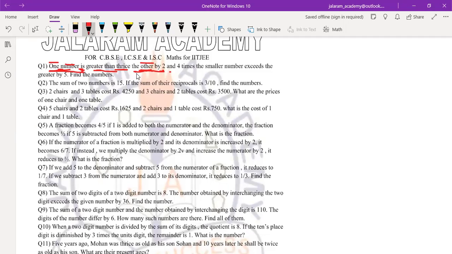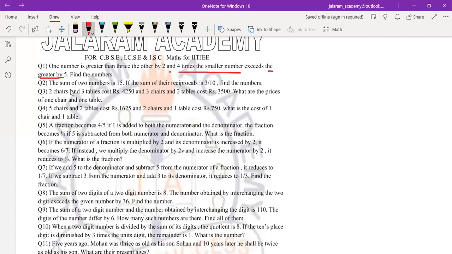As we have found the first equation as x equals 3y plus 2, don't write along with me, only listen and then solve the question after the discussion. Leave x equals 3y plus 2 as equation number 1, and we will use the elimination method, as it is directly giving the value of x in terms of y in the first statement. Now we read the next statement: 4 times the smaller number exceeds the greater by 5.